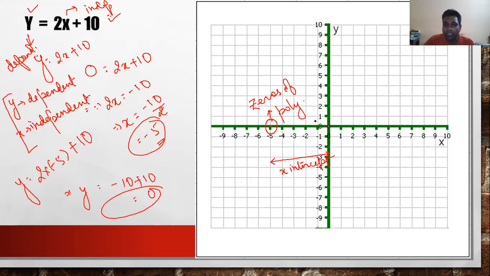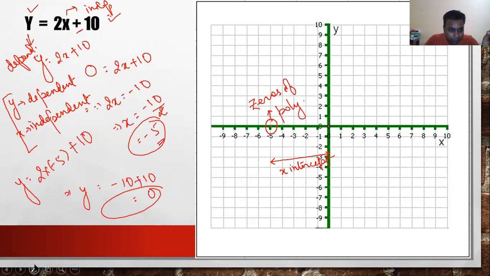Okay, similarly, now if I take another example, if I change the position of the variable, now see what is going to change, how this is going to change the representation of the graph. I have made this for y equal to 2x plus 10.